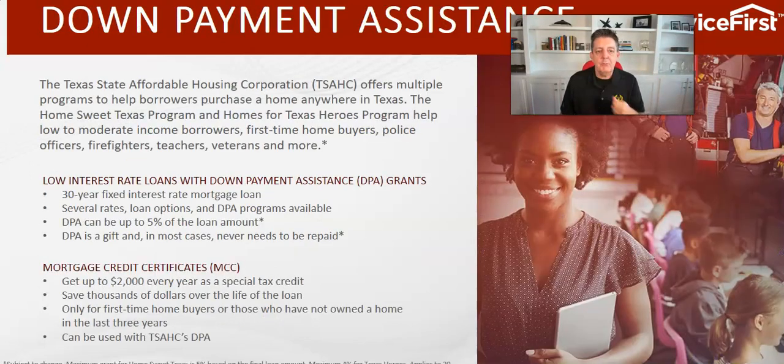The down payment assistance program: we have all the down payment assistance programs. You can get up to 5% of the loan amount. Usually it never has to be forgiven. And that's a great way to get a first-time home buyer that lacks capital into a home. So know that the lack of capital, when you combine this with FHA, is never an objection that can't be